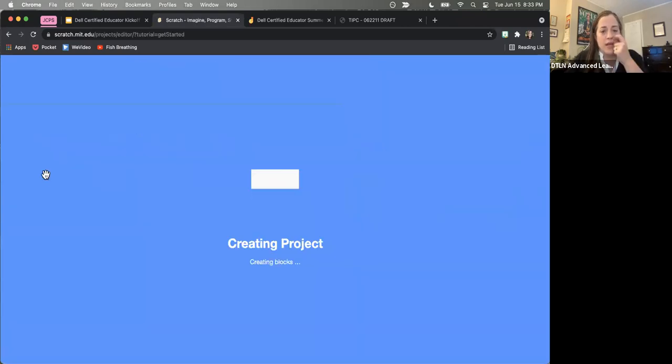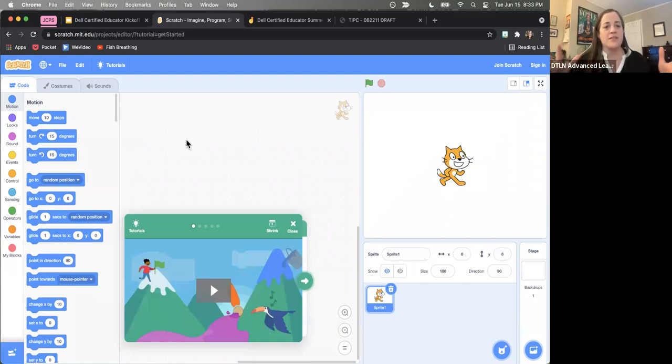So when I click Start Creating, boom, I'm in the start of a project. What you can see on my screen is the setup they use to help kids get rolling with some basic coding skills. On the left are different steps or pieces of code that I could use to make this cat on the right move or do things, okay? As a student, or even as an adult, it's fun to play around and click around. I was hoping you'd get a chance to do that.